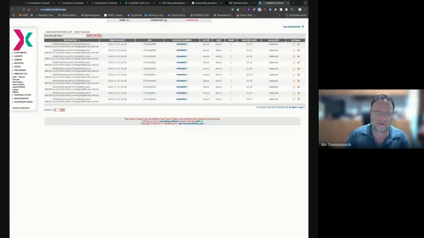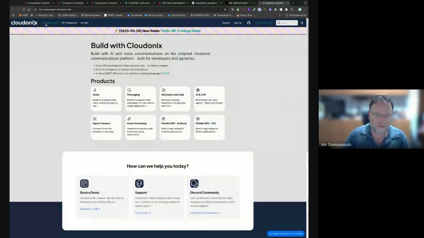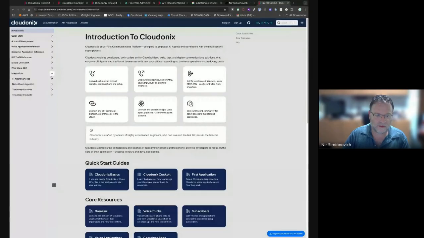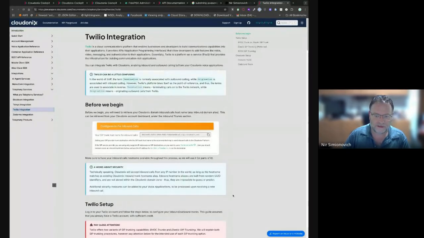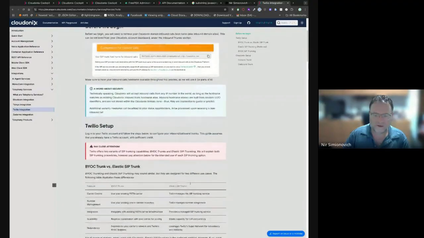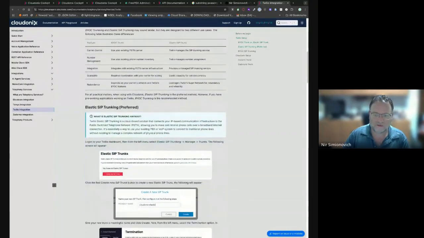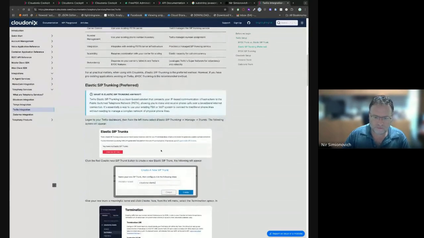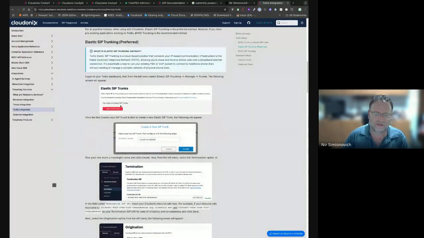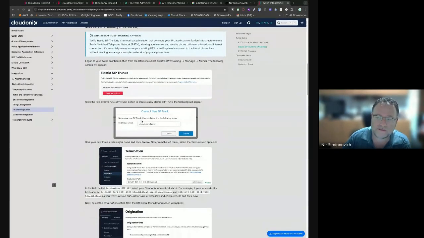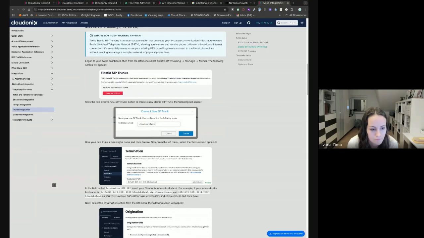Yeah, I'll show you. So on our developer website, if you go into integration and you go into telephony services, ta-da! You have the entire process of how to hook up your Cloudonix account to your Elastic SIP trunk or BYOC SIP trunk.